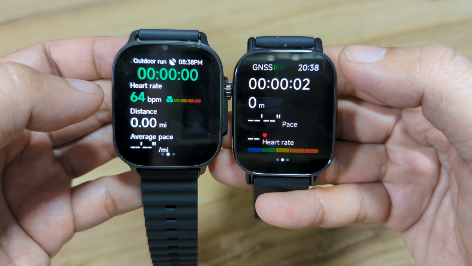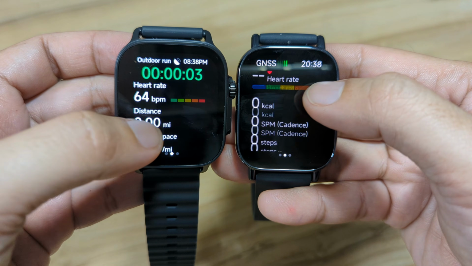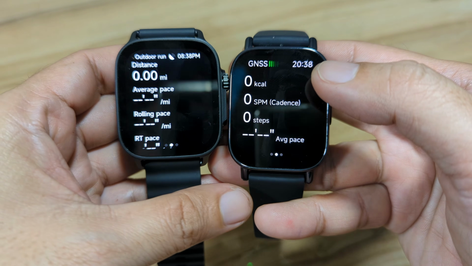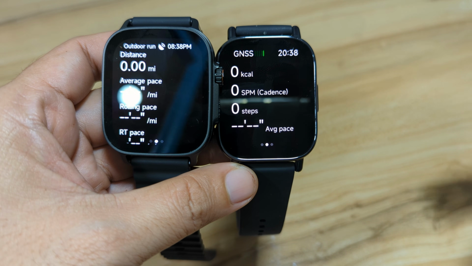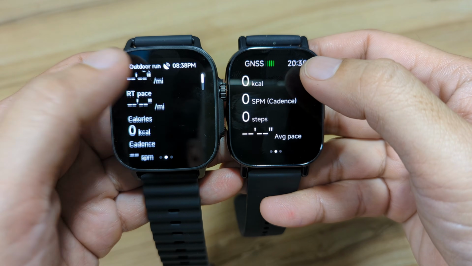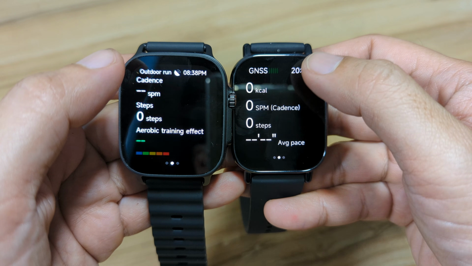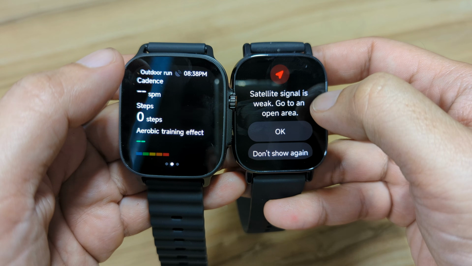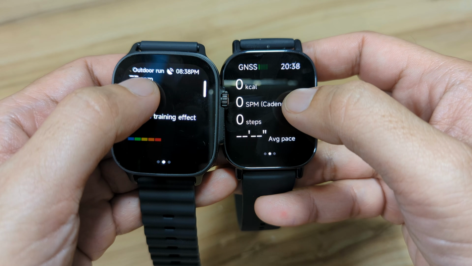Let's check out the data here. We have the pace, the distance, the heart rate. I think they gather the same information or metrics. Cadence. Do we have a cadence here? Okay, so we don't have a cadence here. Yes, we do have.